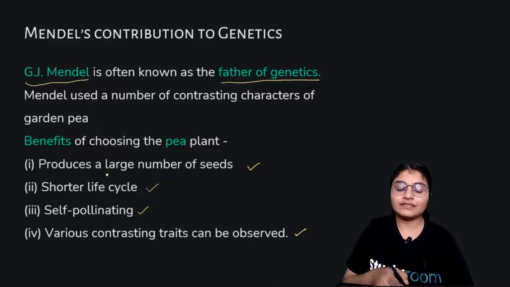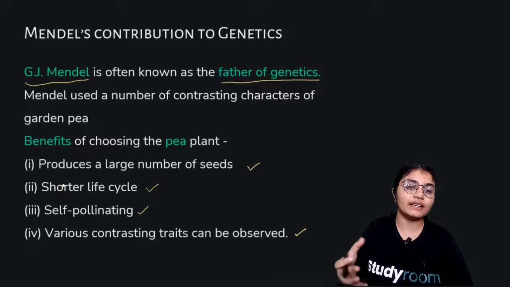And why are these traits advantageous? Because while performing experiments, if the plant has a short life cycle, then he can grow and regrow the plant again and again within a very short period of time, right? So this is a very good advantage. The second advantage is self-pollination. So what happens is